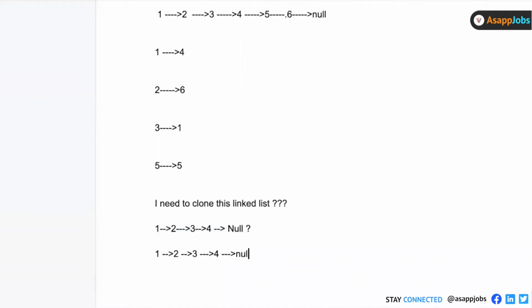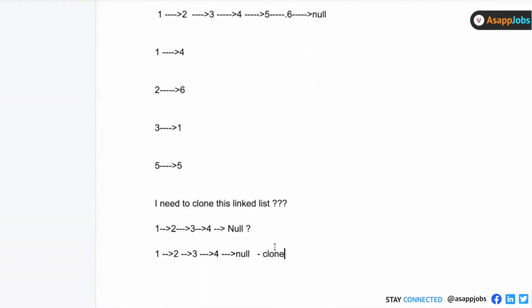So the new list that you have created is almost the same as the first list, and this is known as the clone. A clone is nothing but a replica of the existing data or existing input that you have. So you are actually making a copy of each of the elements, and then making it in the same form in which it was initially. If I have to create a clone of a simple linked list like this, 1 to 2, 2 to 3, 3 to 4 to null, I just need to